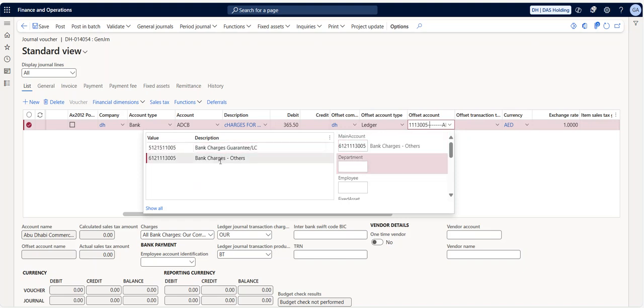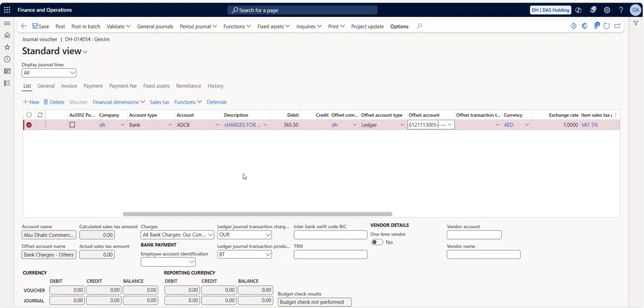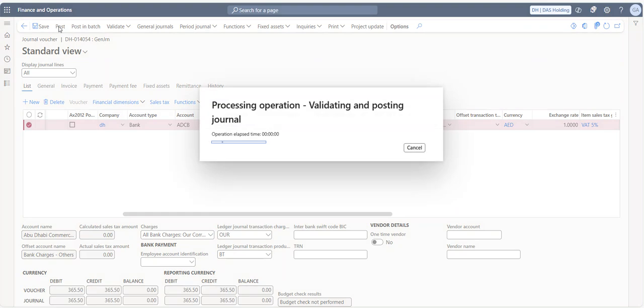Okay, so after selecting this respective bank charges account, here the bank charges will be credited and the respective bank will be debited, and you can post this particular transaction. So once you have posted this transaction, the charges have been posted for the